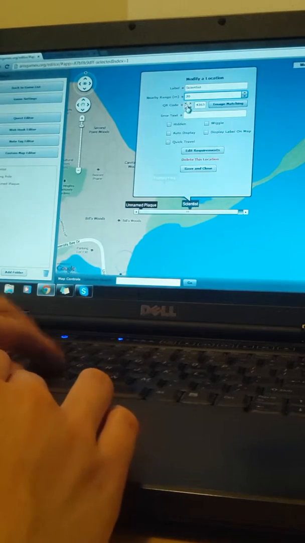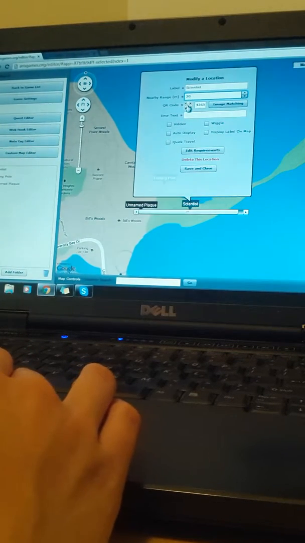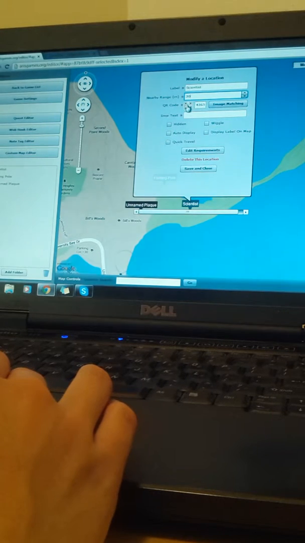Now, there's a couple of things. The big thing that a lot of you are probably interested in is the QR code. QR codes function instead of actually walking and using GPS. If you're in a building, these are really useful. They allow you to scan codes to interact with the scientist instead of actually having to go